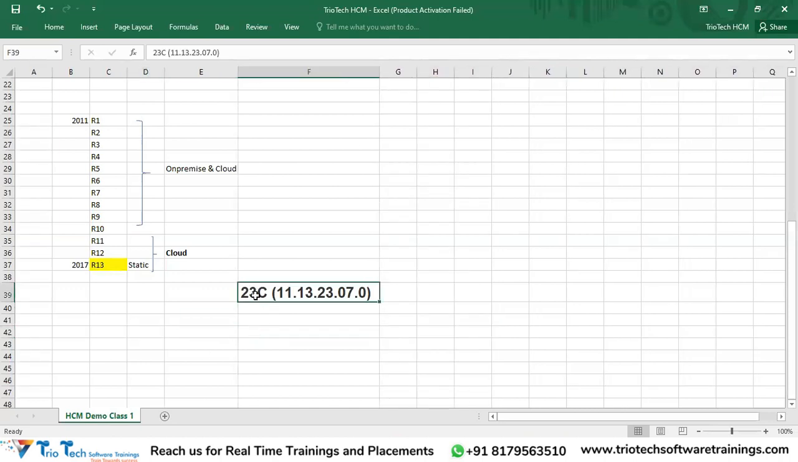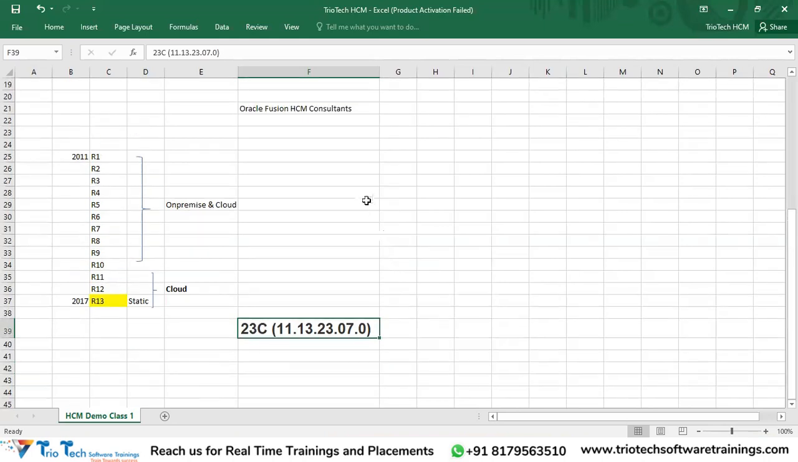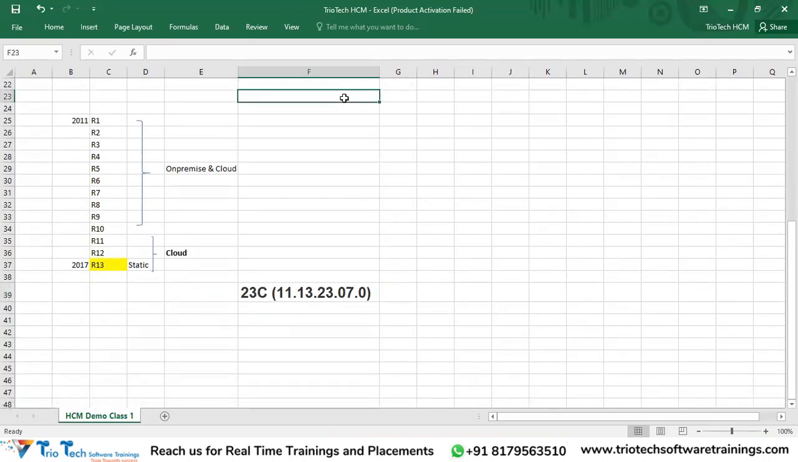So what is this 23C? We have to understand that. Basically, team, Oracle follows a quarterly upgradation policy. What do you mean by quarterly upgradation policy, team? In a year, we have 4 quarters. Every 3 months is a quarter: Jan, Feb, March, April, May, June, like that. So every year we have 4 quarters, meaning 4 times